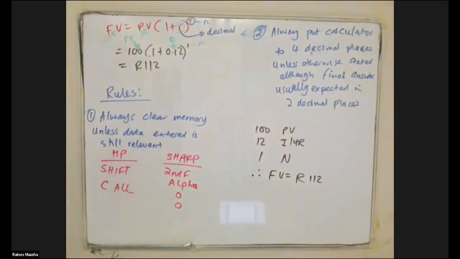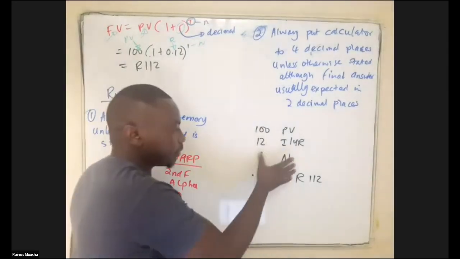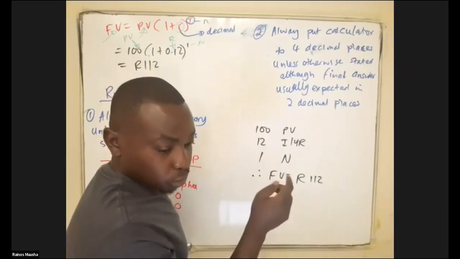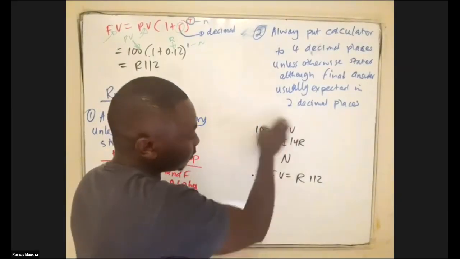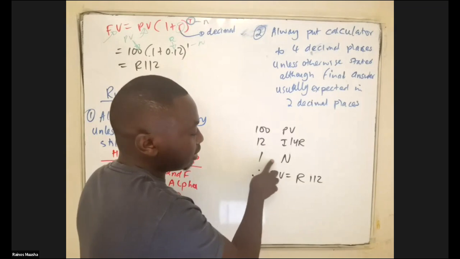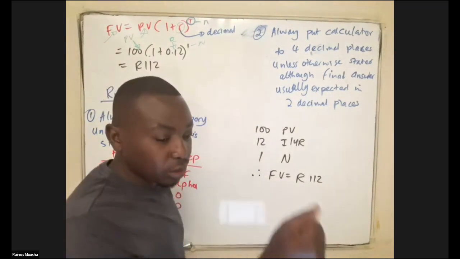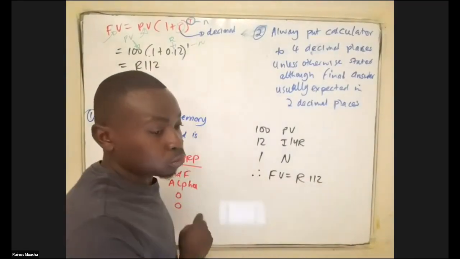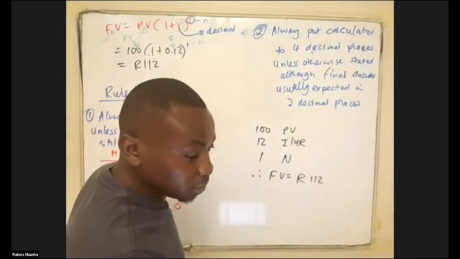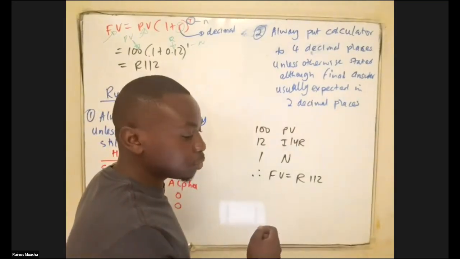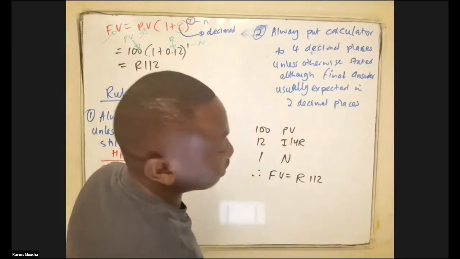Are we on the same page? Anyone lost? Any questions? And remember, for those who are using the HP calculator, after you enter the given information, you just straight away press FV. For those who are using the Sharp calculator, after you enter the information, you say comp, then comp FV because you're asking your calculator to compute the future value. So with the Sharp calculator, you first need to give it a command, but with the HP calculator, you straight away tell it exactly what you need.